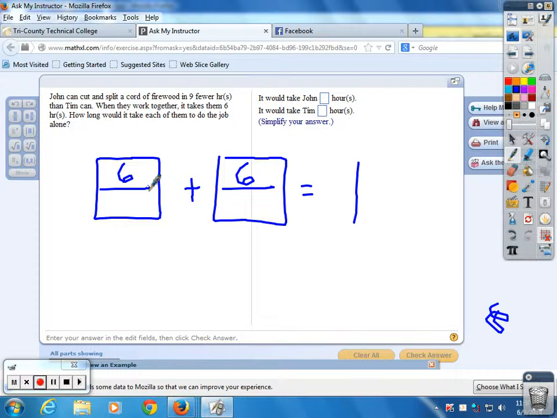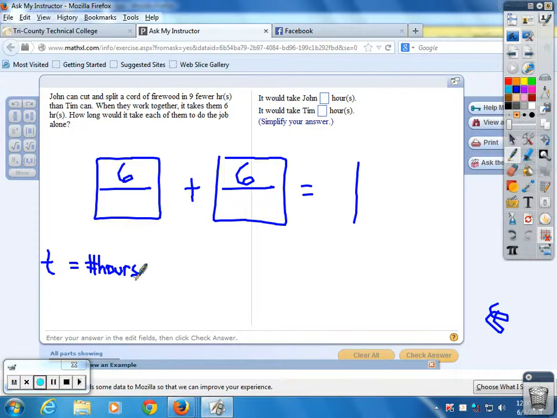Now, John can cut and split a cord of firewood 9 fewer hours than Tim can. Well, let's set that up. Tim does it in so many hours. Let's just say number of hours. Tim is equal to number of hours. So we don't know how much he can do, but we know that from our rules back in grammar school,